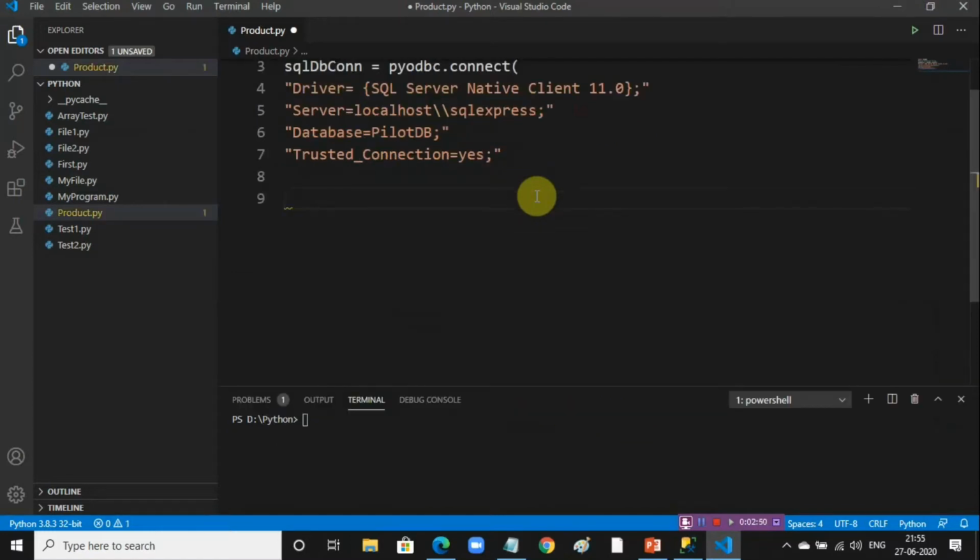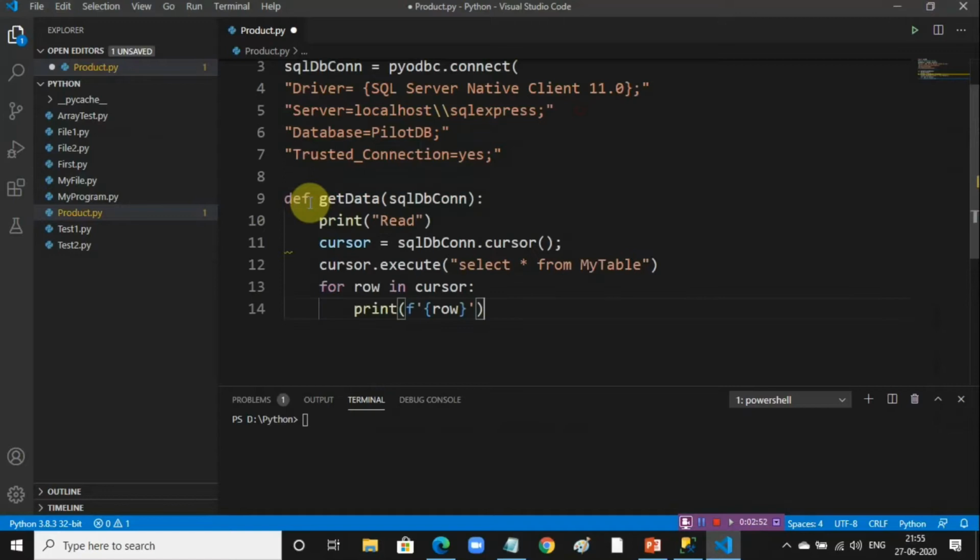So now I will define a function to retrieve the data, means to fetch data from our SQL database which is stored there. I'll call this function.